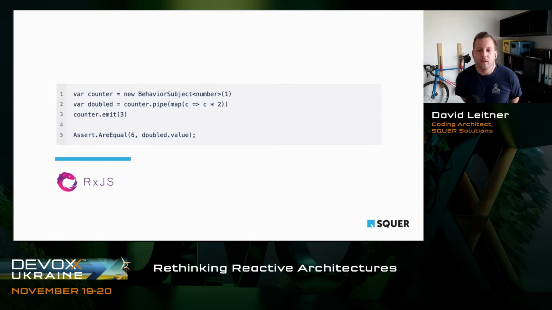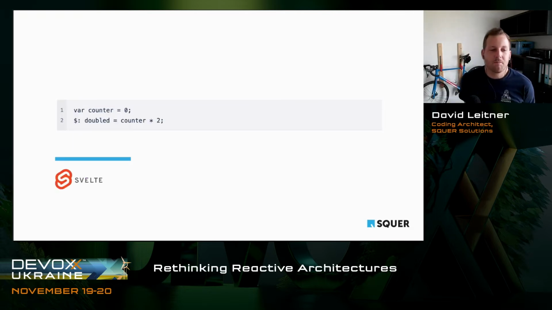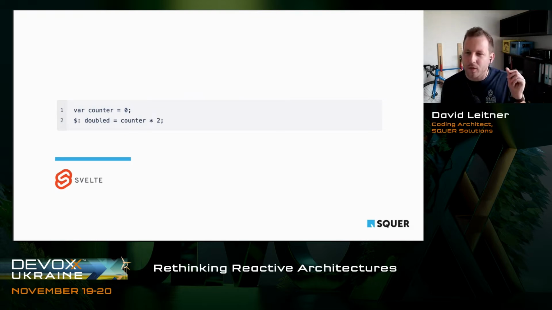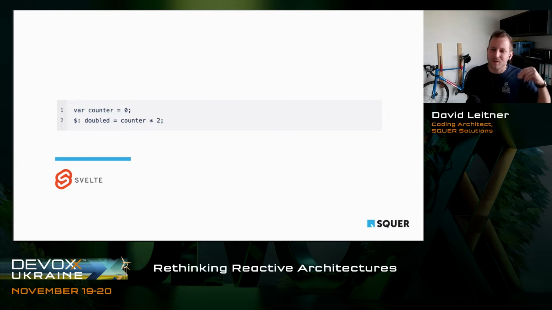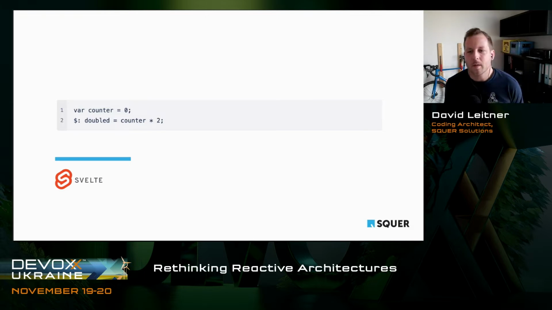And if we take a look at more modern frameworks, you could even say like Svelte, right? They have this baked into their technology. They say if you assign a $ sign in front of a variable, then it's basically reactive. So whenever you change counter, doubled will be affected, right? And that's interesting, because we talk a lot about, or we will talk a lot about reactive architecture, but I think that's important for people to understand, what is this all about? It's all about working with streams, right? And having this kind of projected streams.